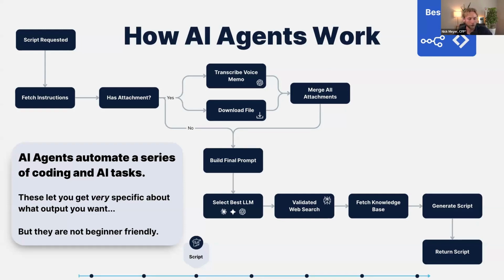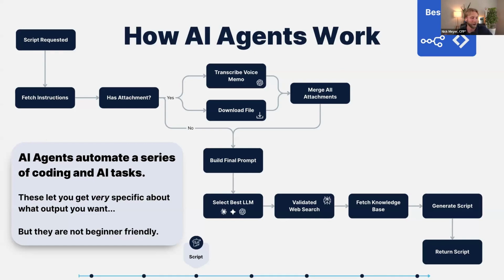So for example, the most used tool for our scripting agent is what we call validated web search using Perplexity. If you guys have ever used ChatGPT or Claude to try to run reference checks or get new information on breaking news, it usually gives you something, you're not sure how correct it is, and then you click the links that it provides you as part of its reference material, and the links are broken and the web pages just don't exist. Perplexity is the best web search tool that we have found to give you a really large amount of really valuable real data, plus the actual links to the reference material, which is pretty important when you're making videos as a financial advisor.